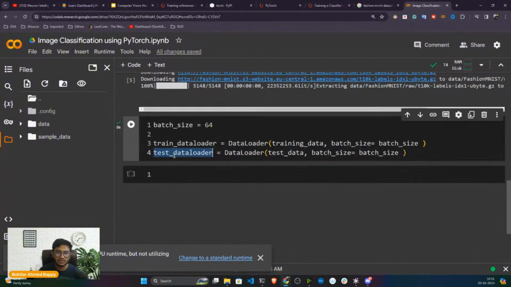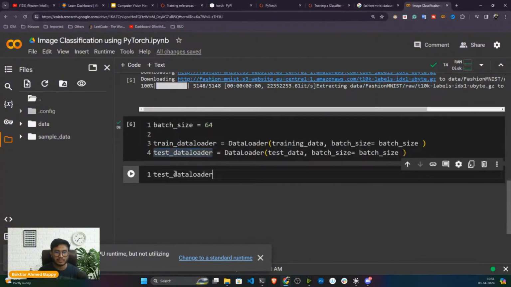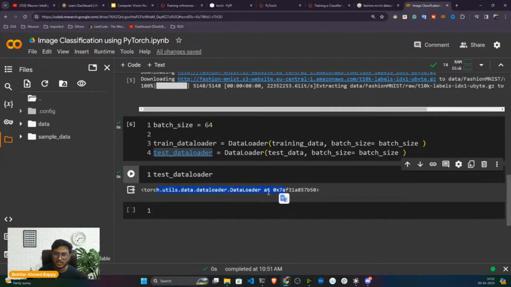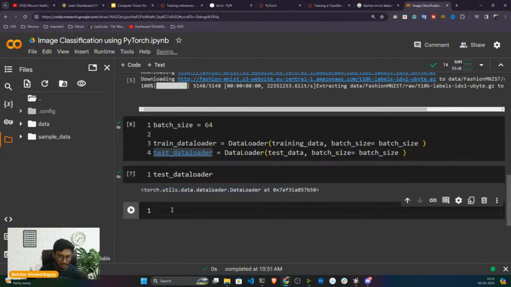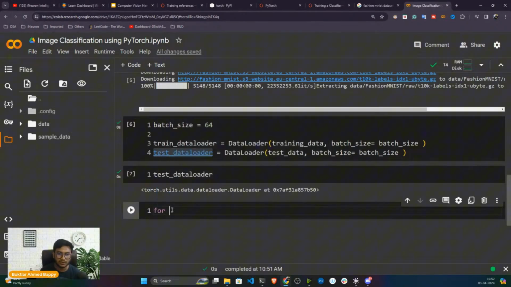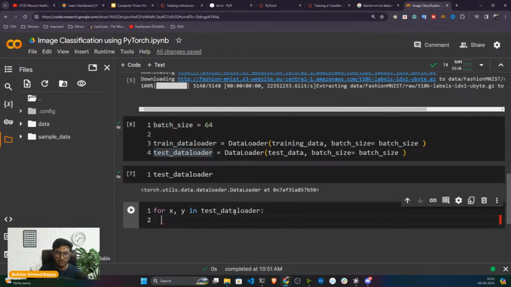If I print this particular object, it's a Torch DataLoader object. You can't see the data. If you want to see the data, you have to write a for loop and iterate through this data loader, then you will be able to see the data. It will give you two things, your x and y, for x, y in test_data_loader. Now if I print my x and y,